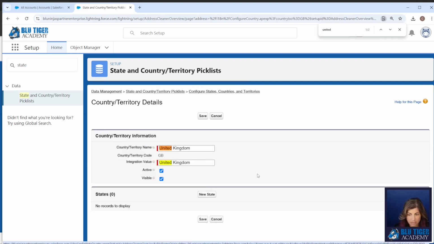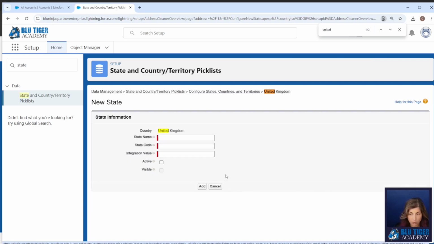So now we can see in the United Kingdom that we don't have any states configured. You may want to configure states. So we'll go ahead and add the 4 states that are typically added. Now you'll see here you have a state name and a state code. Your state name is going to be the full name of the state, and your state code should be the 2-letter abbreviation.